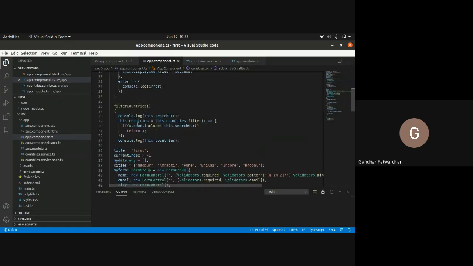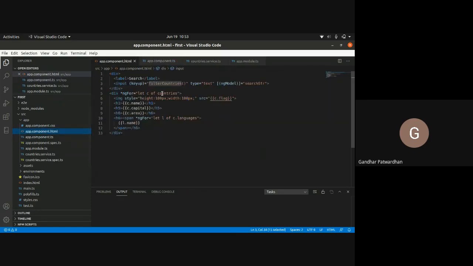And in filterCountries, instead of this.countries, I would say this.displayCountries equals to countries.filter. So this countries would be our master data. It would contain all the elements, and we are not changing that. And displayCountries we would use in our ngFor. So we have used let c of countries. Instead, I would say let c of displayCountries.